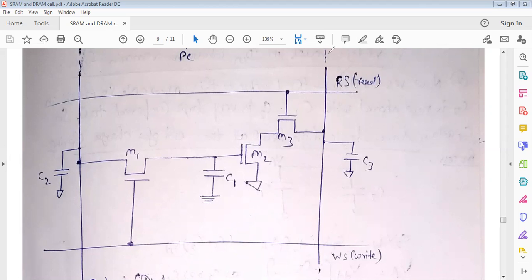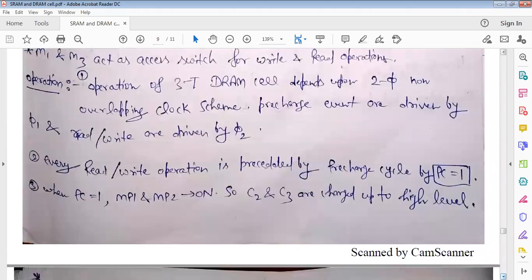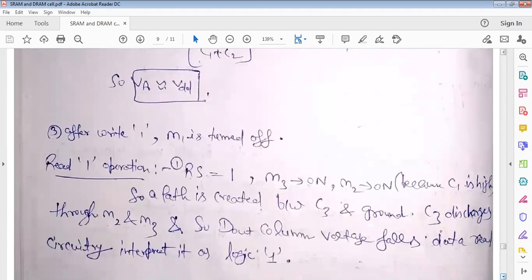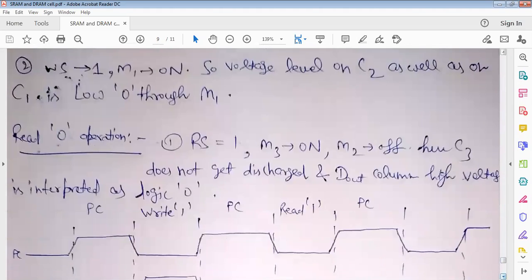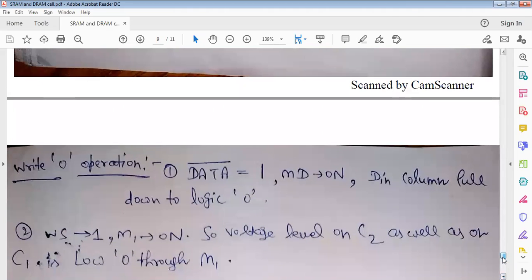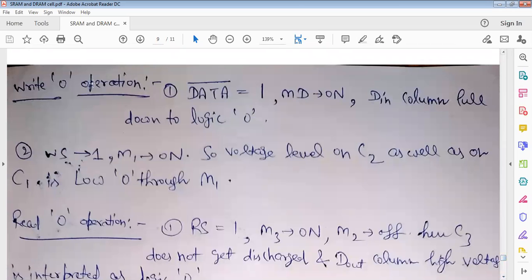So if the capacitor is discharging, then it is interpreted as 1. If it charges, then it is interpreted as 0, in the read operation. So this is how you can do read and write operations. Similarly, you can write 0. In order to write 0, data bar should be 1, and the same process is continued. So this was all about